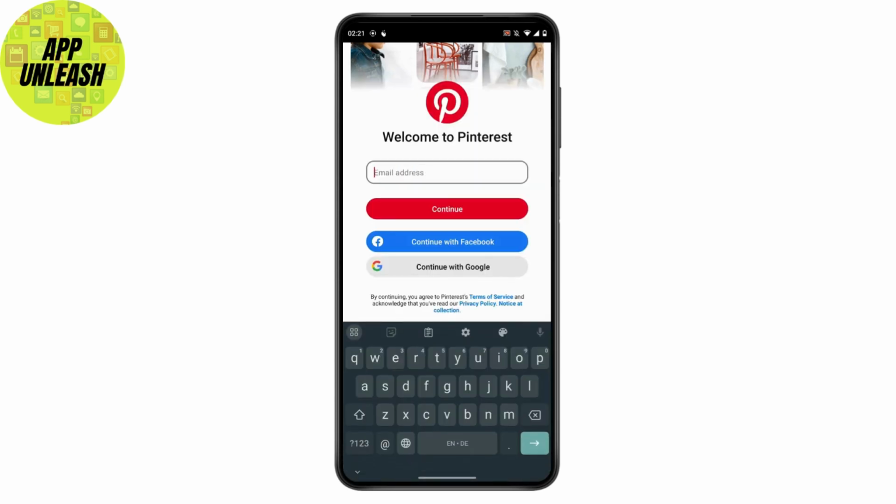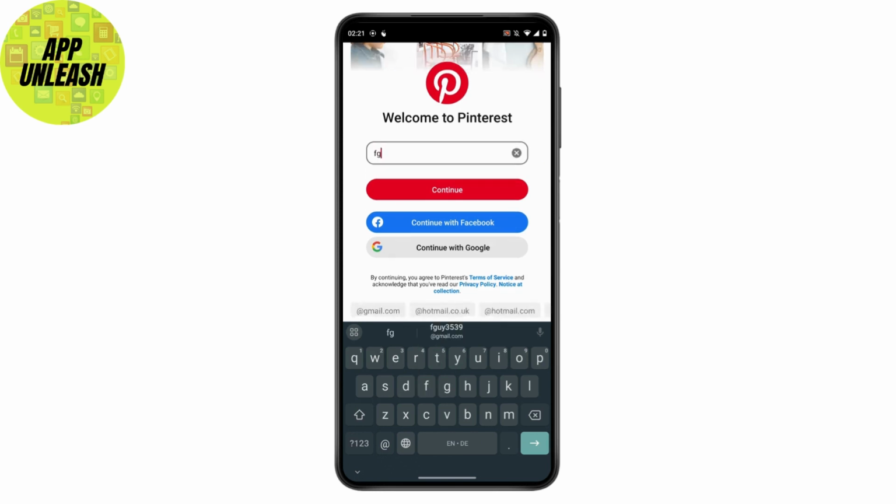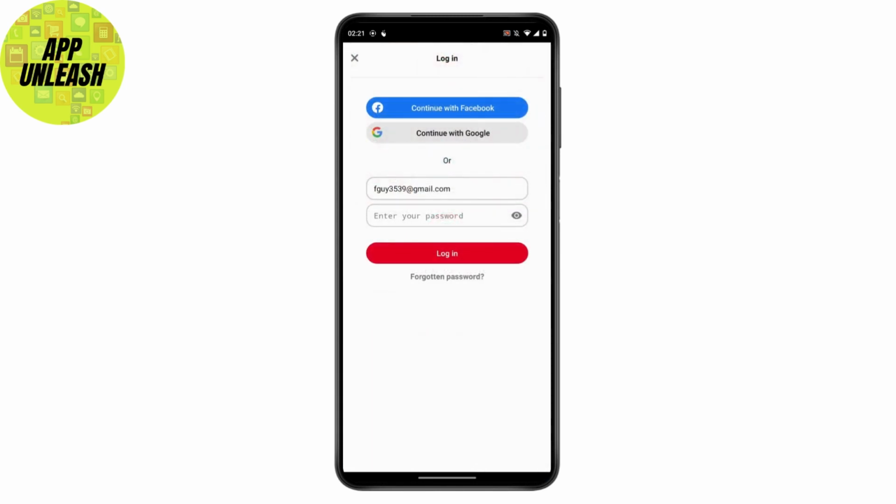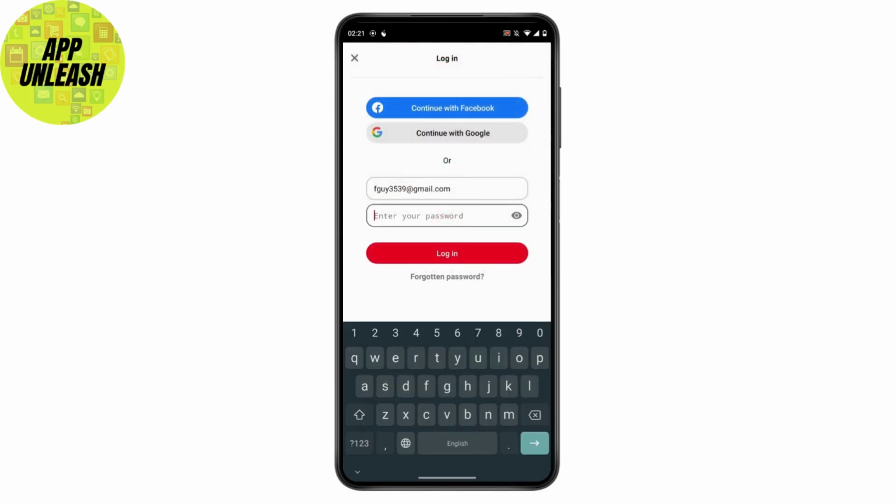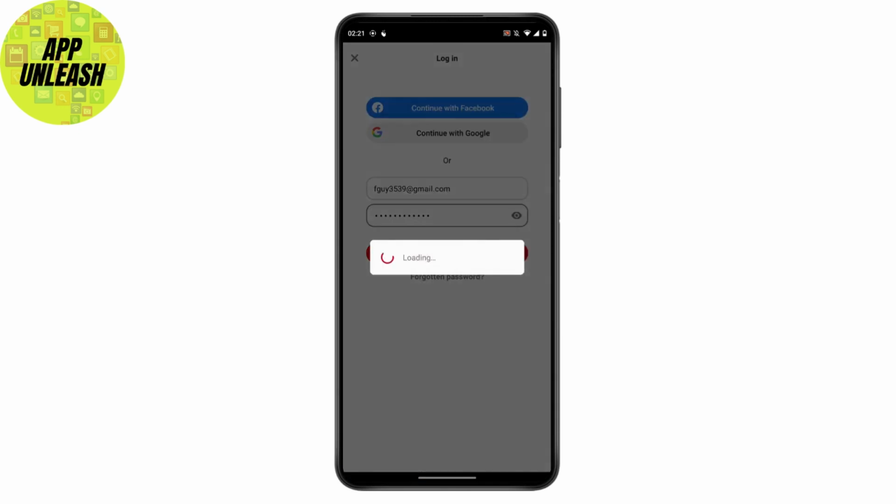So just tap on email address and then enter your email address. After entering your email address, just tap on continue, and after tapping on continue, now you have to enter your account's password. After entering your account's password, just tap on login,